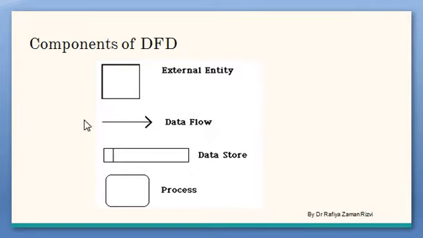So an arrow represents the flow of data from one part to another, or from one component to another. Then this kind of a box represents a data store. This kind of a box is usually open from one end. Okay, so this is a data store where all the data is kept. Then a rounded box or a rounded rectangle or a square represents a process. Okay, and within each of these we write whatever process or entity it represents.